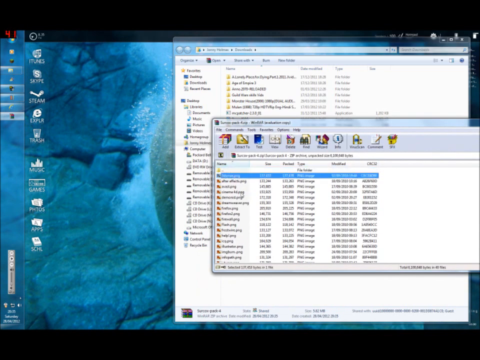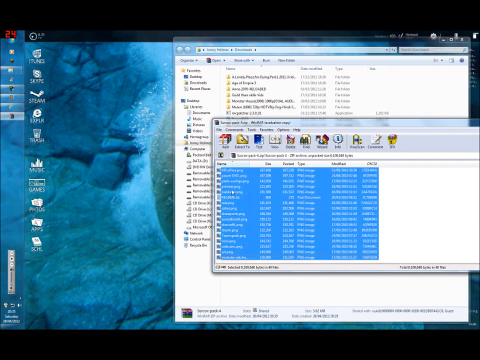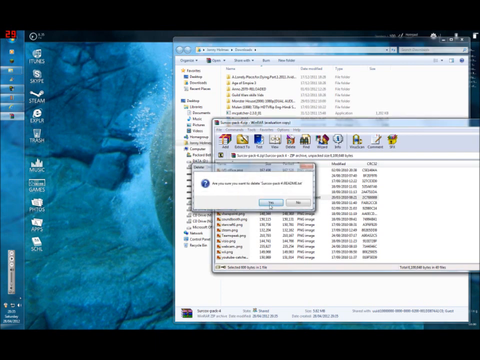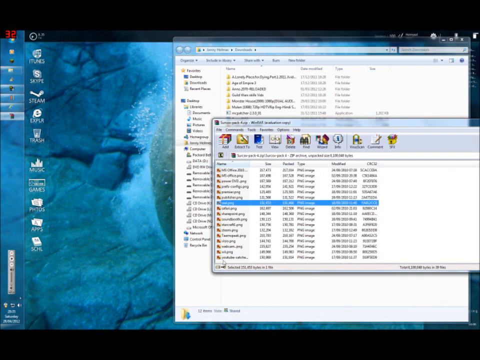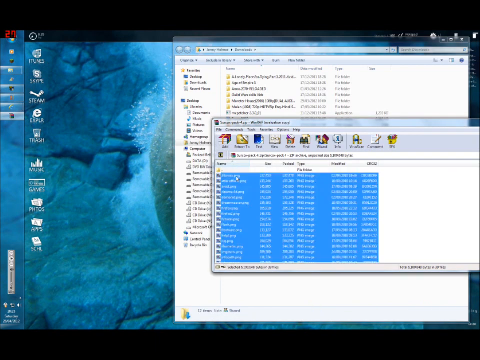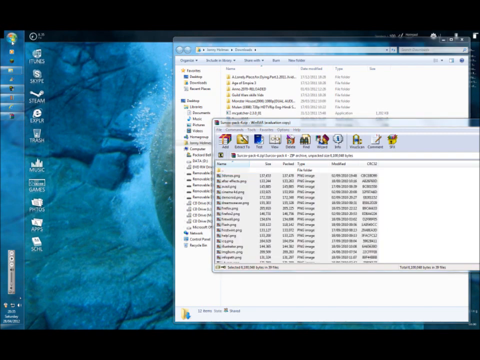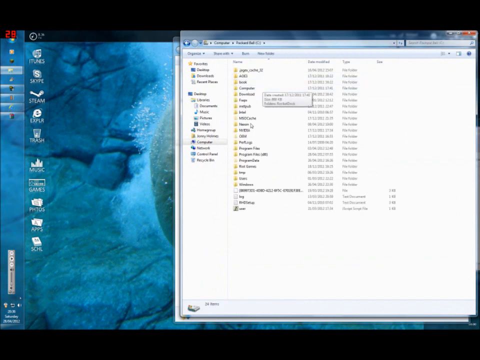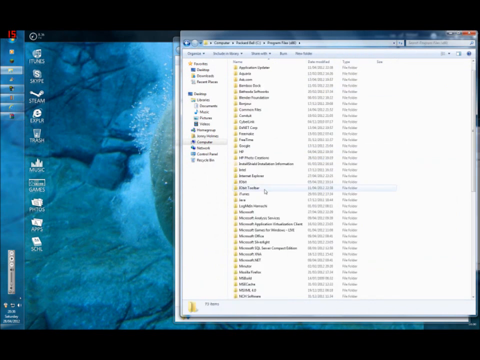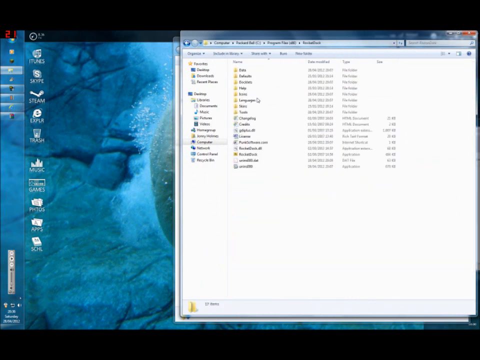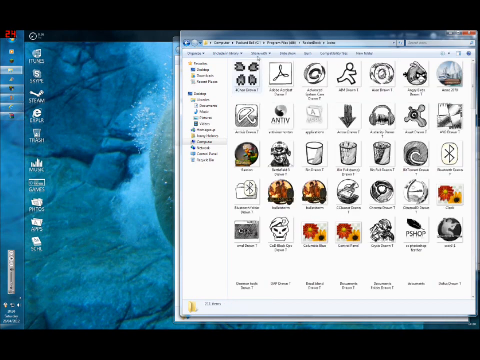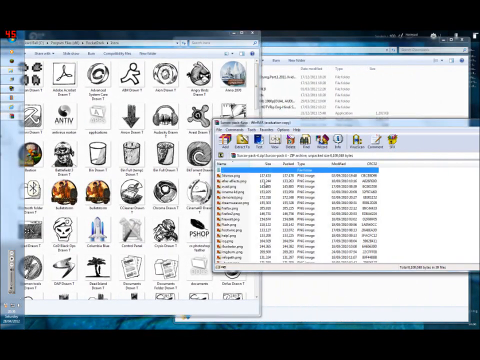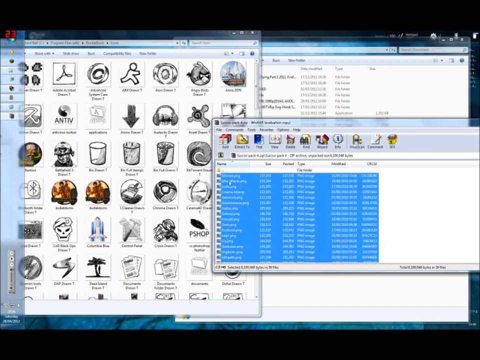So what you want to do is highlight them all, not the readme. So you've got all the icons there. Now you want to find your RocketDock folder. So I'm going to find mine. I'm going to go to Program Files, RocketDock, Icons. And then here I've got the icons that I've installed myself, but yours might be empty. So you literally highlight them here, drag them in,